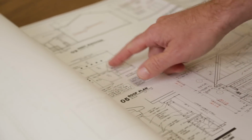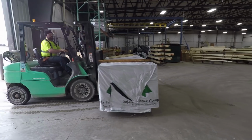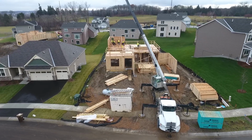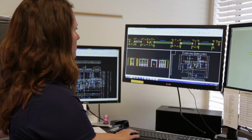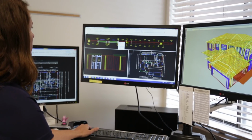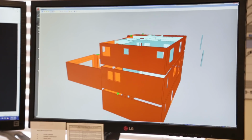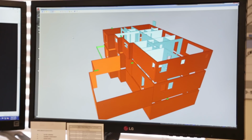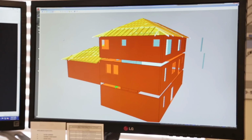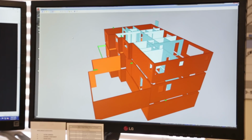The process begins by reviewing the plans with our builders to identify the product's scope of work, materials, scheduling timelines, and understanding the customer's overall expectations. The build process starts in our design department by integrating our customer's plans into our Frame It system. The outputs from this system provide accurate wall, floor, and roof material lists, shop drawings, as well as the ability to bring these all together in a 3D view that will identify or flag potential issues that can be corrected